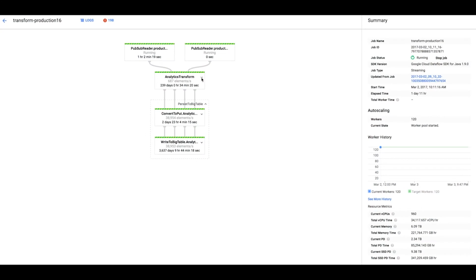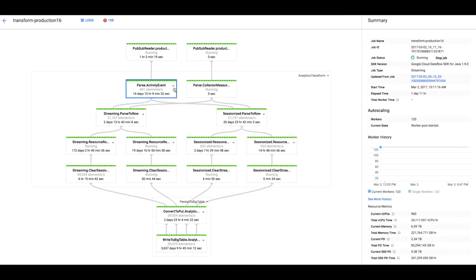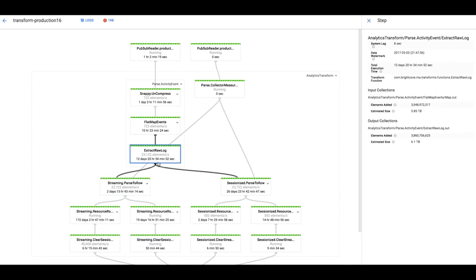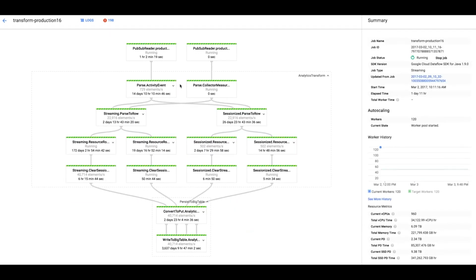Okay, so this is how our production pipeline looks. Events come in from the top from different sources, and they undergo all different kinds of computation: snappy decompress, break them out into individual events, and then finally write to the database.